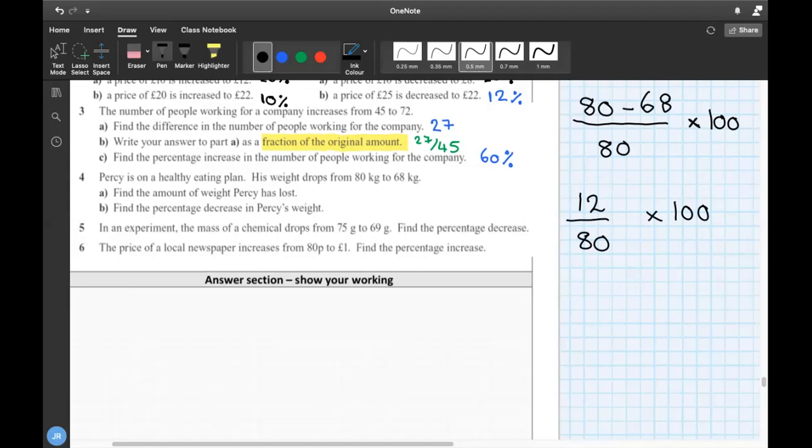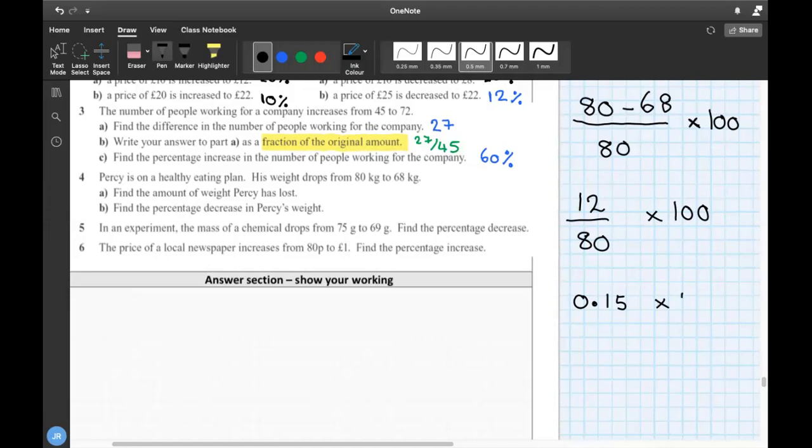Why have we got 80 as our denominator here? Because 80 was the original amount. It was the starting amount, the amount the person weighed at the beginning. Okay, next we need to do 12 divided by 80. You could try simplifying it as a fraction. Either way, you will end up getting